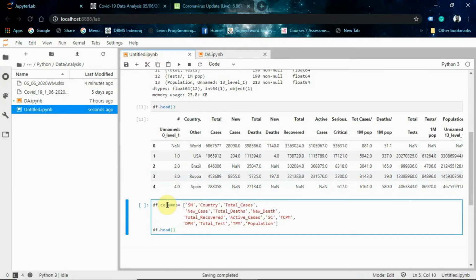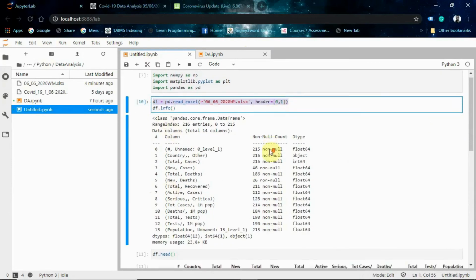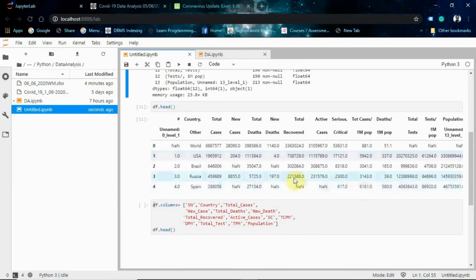To rename the column names, first we use df, the data frame we created in the first line here, then .columns, and then you have to specify each column name that you want. The first one was the serial number, the hash one, so we write SN.